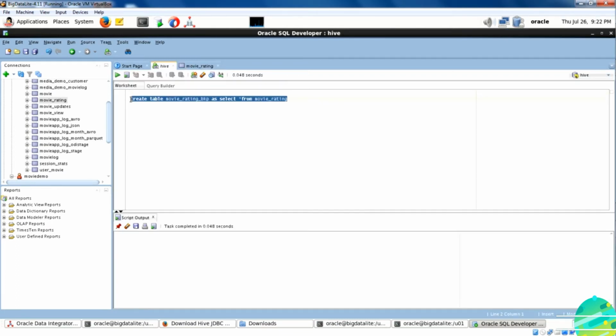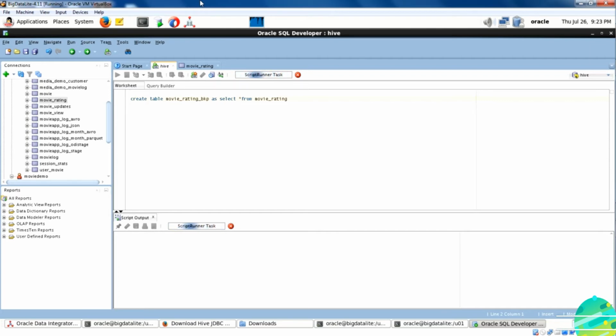Here you go. Now you're going to write the HiveQL to create a backup, movie rating underscore BKP, with the data from movie rating. This is like any SQL language. For any practical purpose, you can assume that HiveQL is the same as SQL.